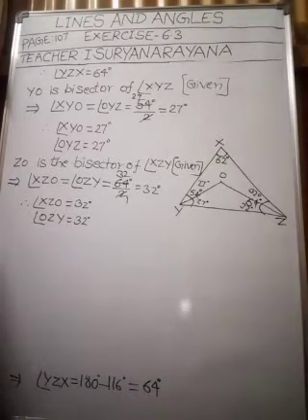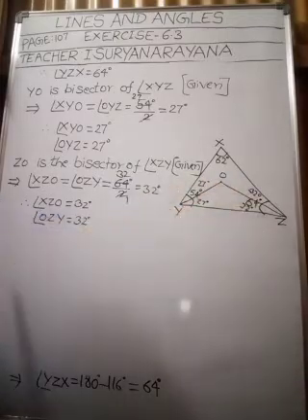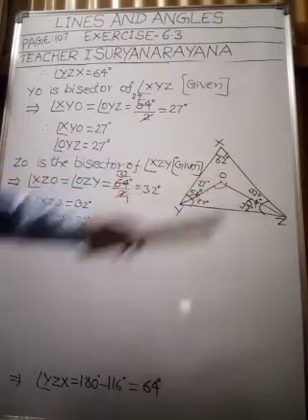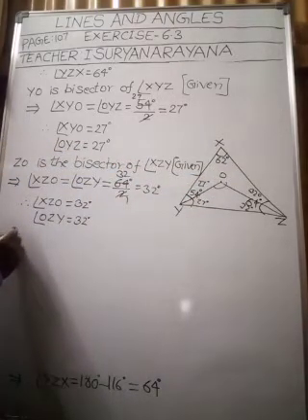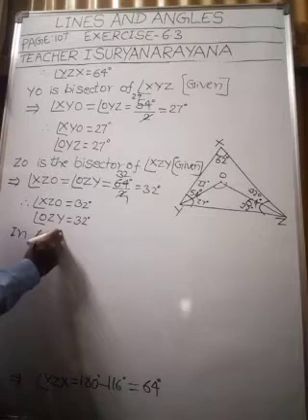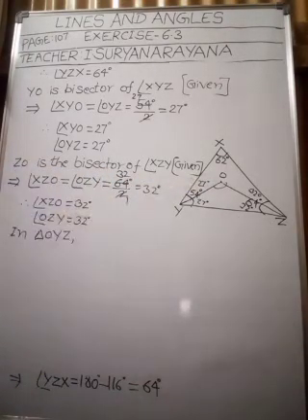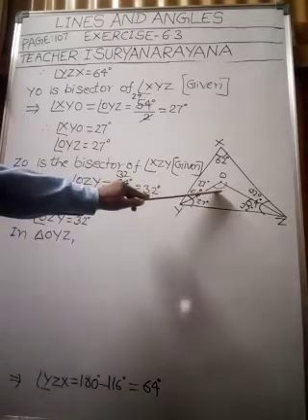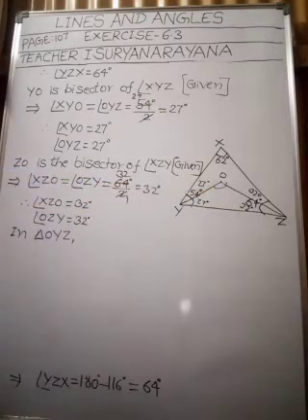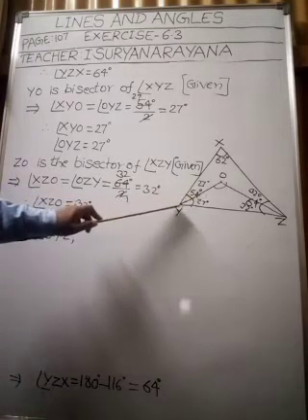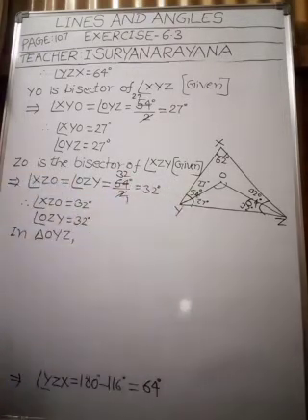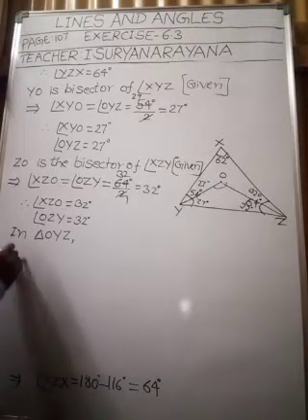And angle YOZ. We have to find this angle also. So in the triangle OYZ, again we use the angle sum property of a triangle. Then we get this angle. Okay, my dear children, understood this point? So in triangle OYZ, angle YOZ